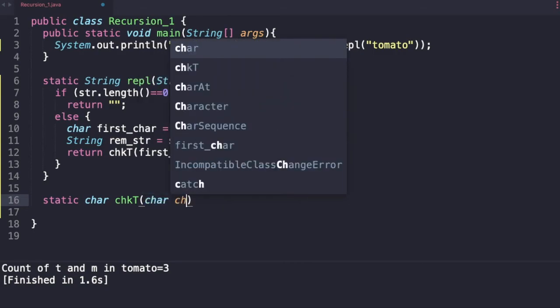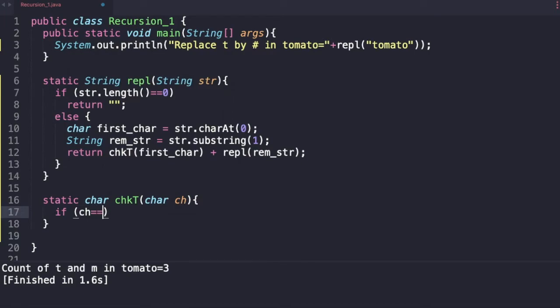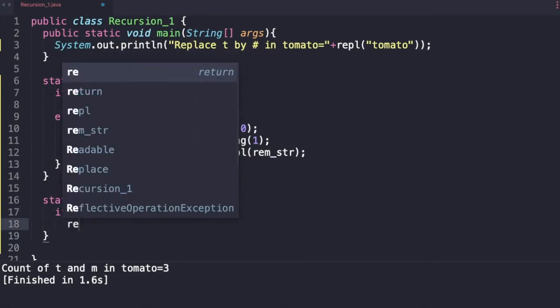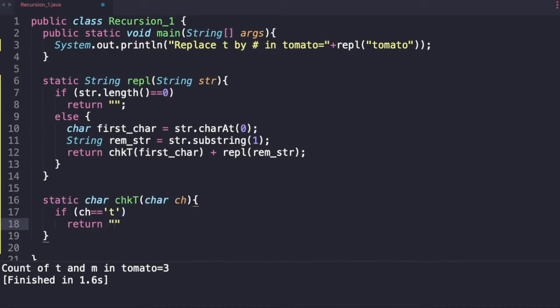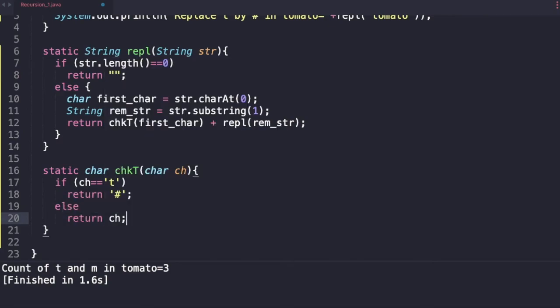It takes a char ch. If ch is equal to t, return hash. That is what we want to return. Else what do we want to do? Else return ch. Otherwise return the same character.